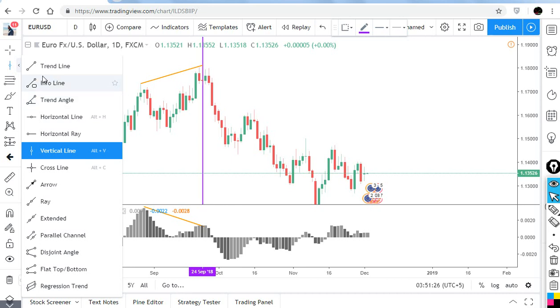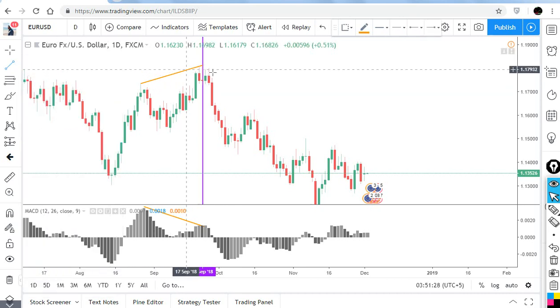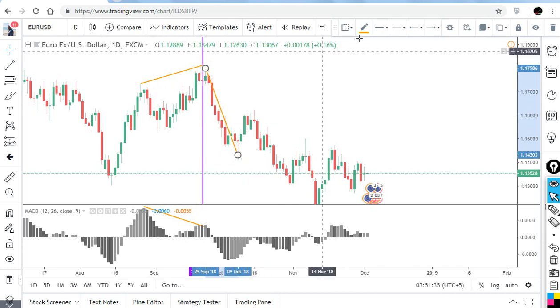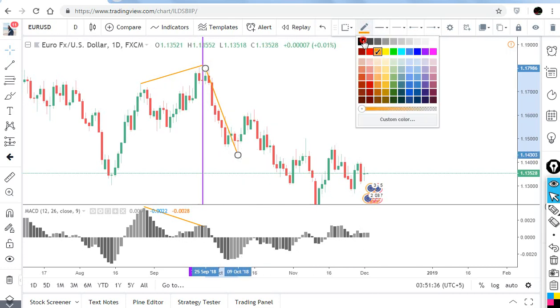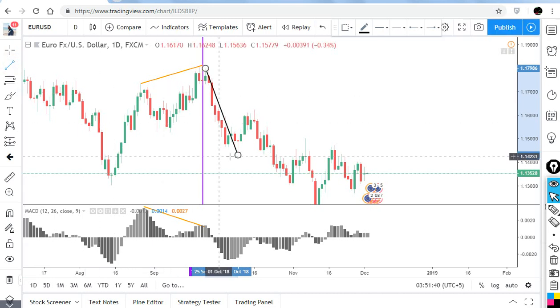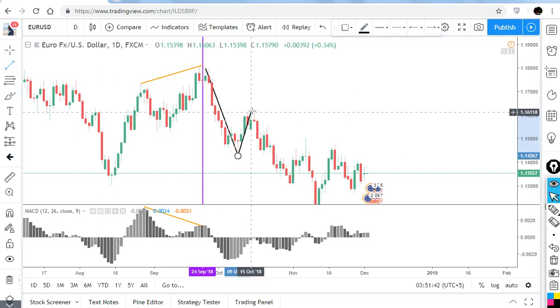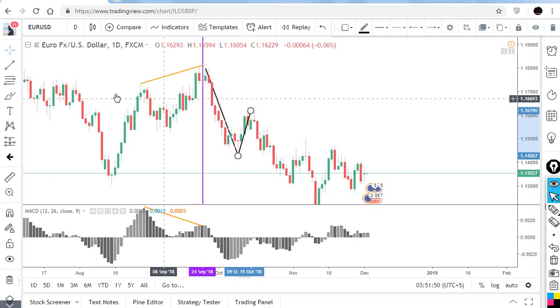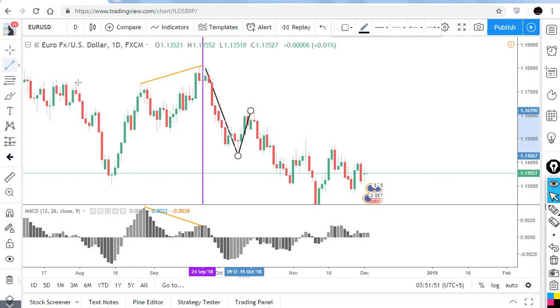From the trend line I make a number one impulse here to here. This is our impulse, right? So let me change the color to black so it's easy to understand. And then there is our correction. Now I'm not talking today about impulse in impulse and correction in correction, because I already told you these things in chapter number 1. So now we are on chapter number 2.